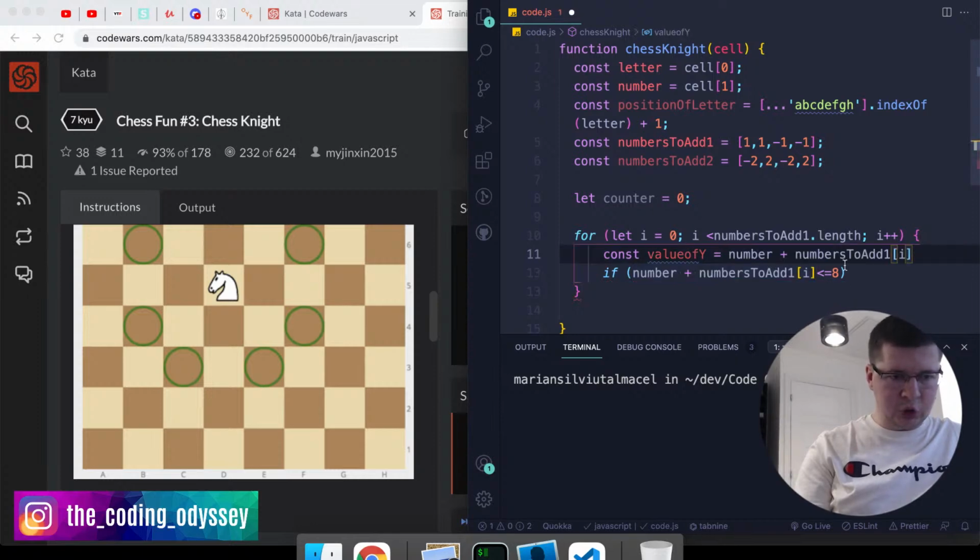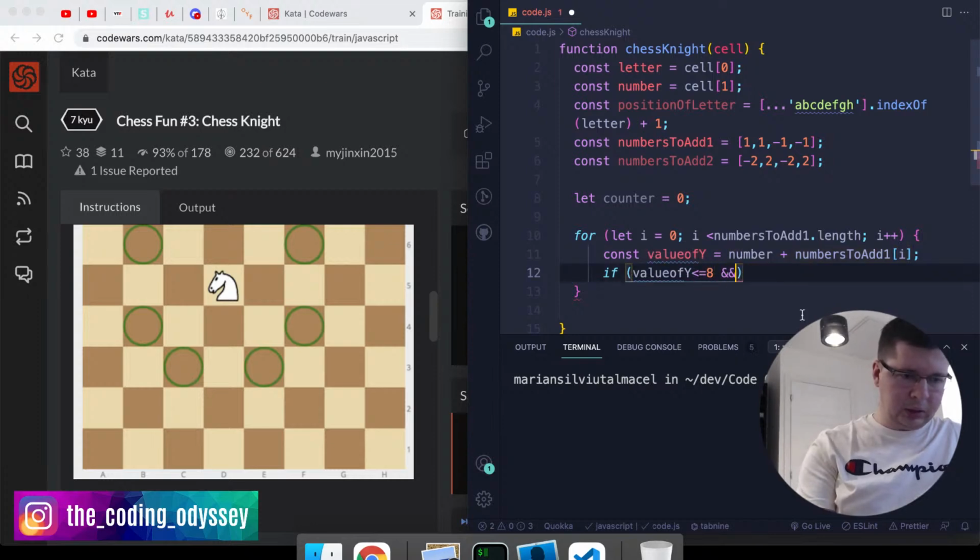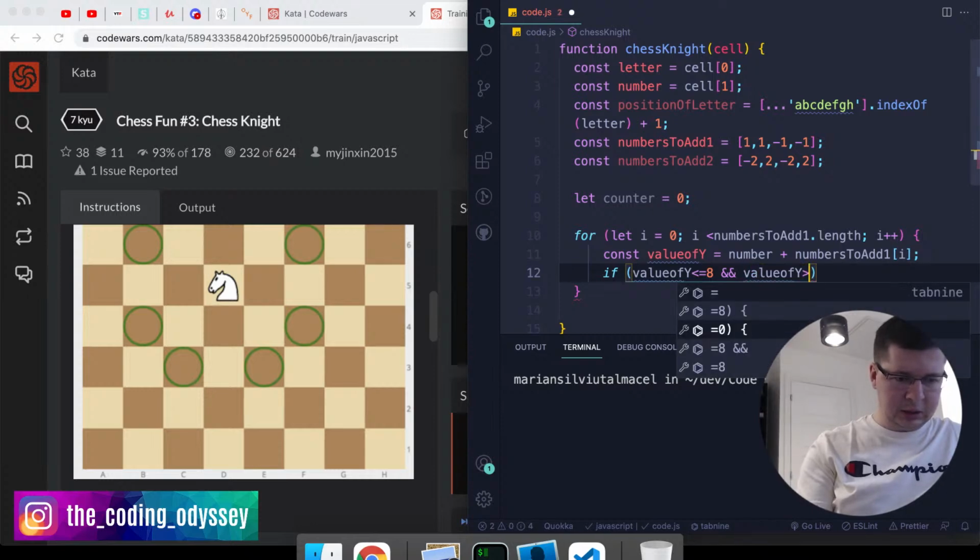Plus numbers to add of this, and then I'm going to say if this value is less than or equal to 8, and also this value is higher than or equal to 1, because it has to be higher or equal to 1,